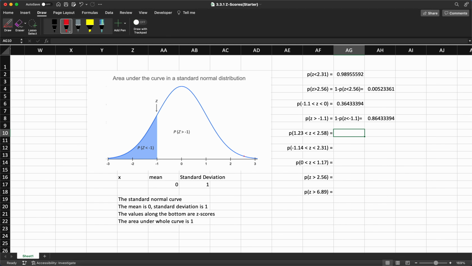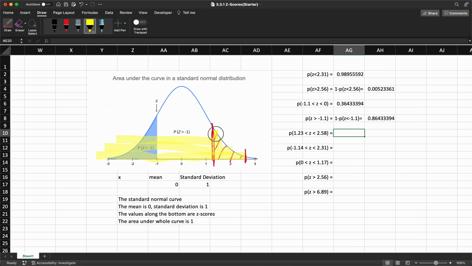So 2.58. 2.58 is right about here. 1.23. That's right about here. Okay? We want to find this area right here. So to do that, we want to find the area below this value. So all of this area